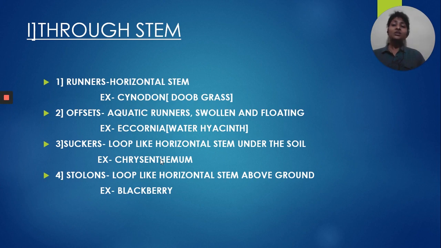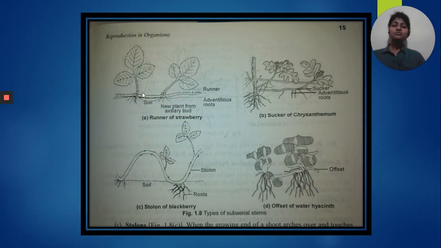Runners are horizontal stems which run parallel over the ground. We can see it with the help of this picture. The example given is a runner of a strawberry. Here the stem runs parallel over the surface of the soil and has various nodes. Whenever these nodes touch the ground or soil, they grow roots, and these roots are capable of forming new vegetative parts. That means this part can now live independently and can be called a new plant.